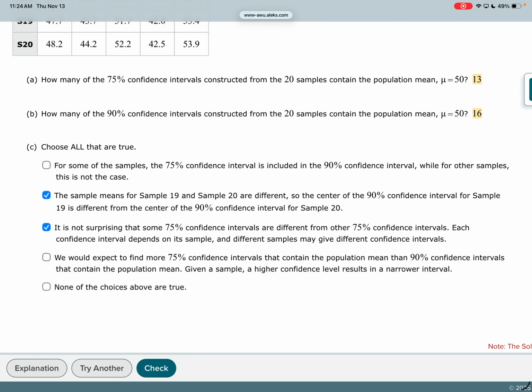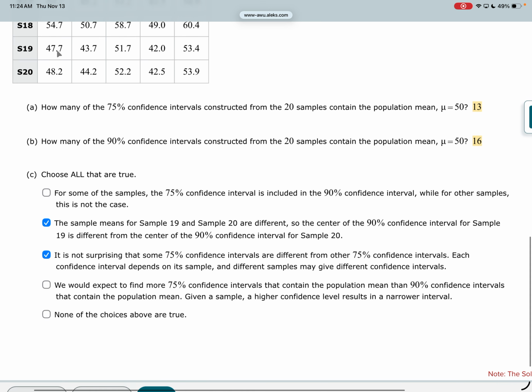I just went over that one. That's not true. Every single 75% does fit inside the 90%. The sample means for sample 19 and 20 are different. So the center of the 90% interval for sample 19 is different from sample 20. Again, look at samples 19 and 20. The centers are different. We ask different groups of people, so the average will be different for those groups